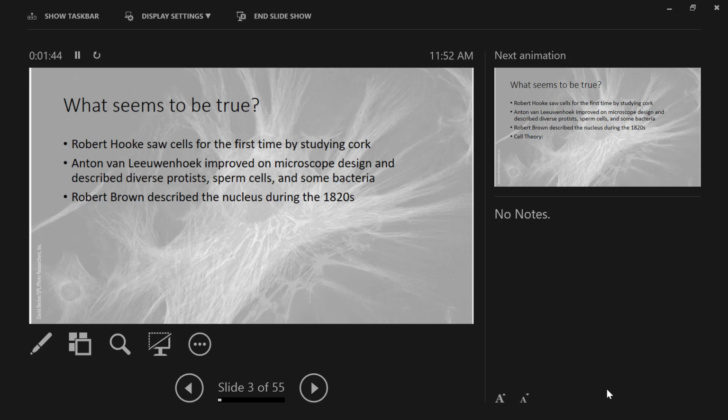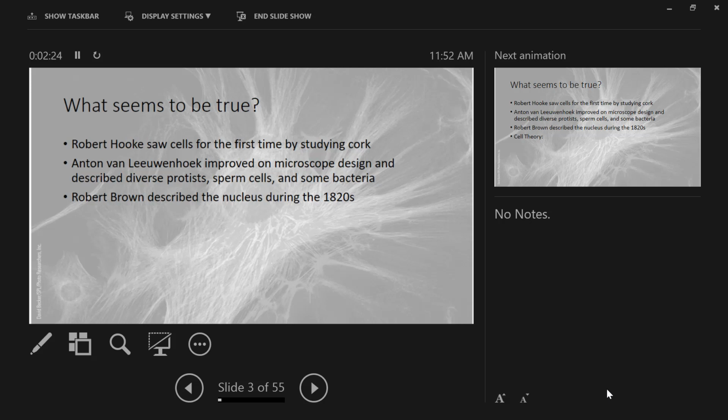So a little bit about the history. I don't often do this because I think science is more important than scientists, but every once in a while I will show you very specific people because they really transformed the way we operate as scientists. Robert Hooke was one of these individuals, and he was the first person to take one of the most wonderful technological materials of the day, the ability to see things really small, and decided to look at something big, with a tool in which you can see things really, really small.